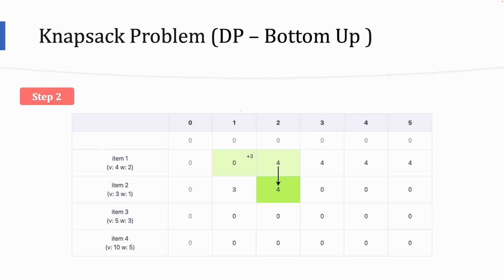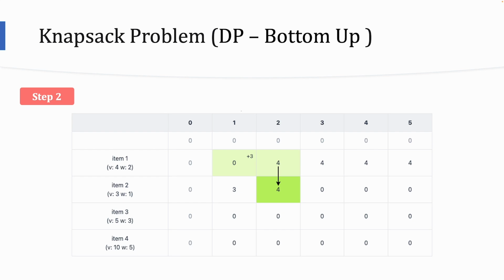In that case, that's going to be our option number 1, or the order doesn't really matter, but that's going to be one of the options. So that means you have a capacity of 2, and then you have item number 1 to decide for. That is going to be the north cell to the current one. And okay, what's the maximum value you get there? 4. So I'm going to keep 4, and I'm going to look into the other option, which is selecting item